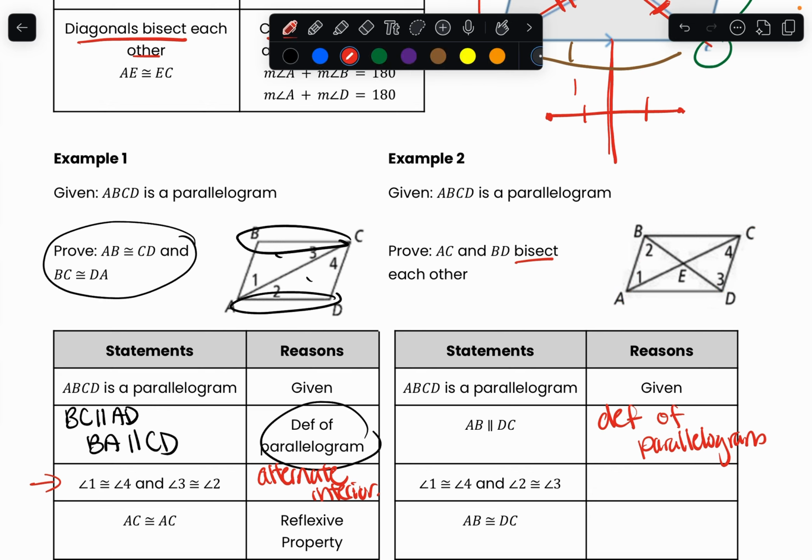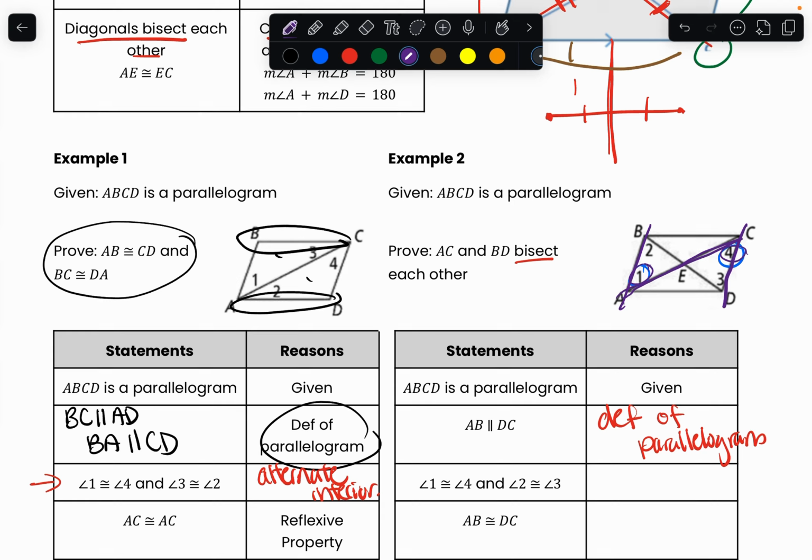Okay. Next, we're claiming right here that angle 1 and angle 4 are congruent, and we're also claiming that angle 2 and angle 3 are congruent. Let's go step by step. Looking at angle 1, angle 4 first. We know from previously, this line and this line are parallel. So if you look at these two angles closely, you realize that with this transversal here, it makes angle 1 and angle 4 alternate interior angles. This is why they are going to be congruent.